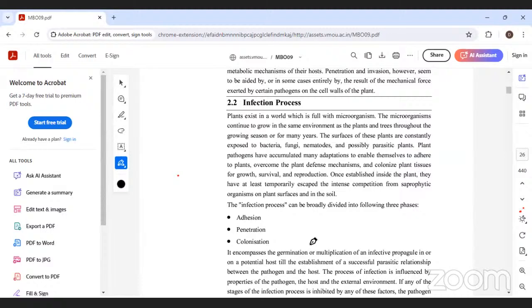First, plants exist in a world which is full of microorganisms. The microorganisms continue to grow in the same environment as the plants and trees throughout the growing season or for many years. The surfaces of these plants are constantly exposed to bacteria, fungi, nematodes, and possibly parasitic plants. Plant pathogens have accumulated many adaptations to enable themselves to